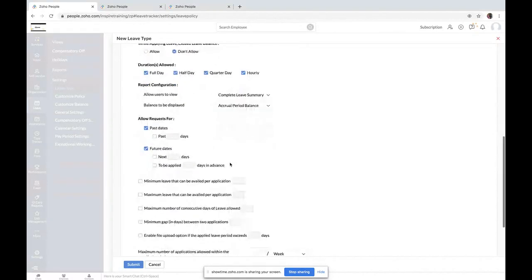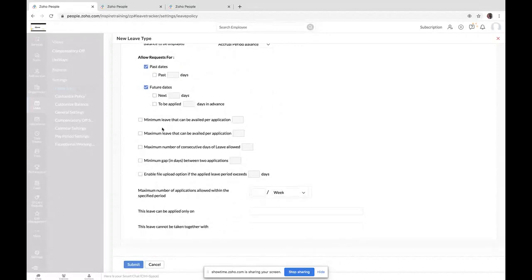If you have any restrictions to restrict the leave applications for the past or future days, you can define it under this section. And if you restrict it, how many days in the past and how many days in the future can also be defined here.